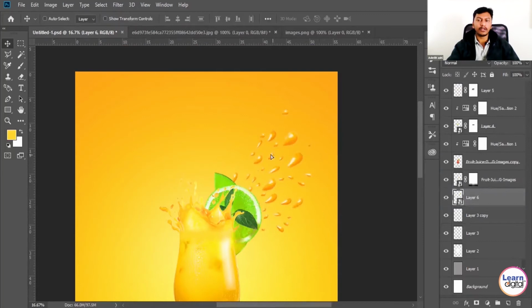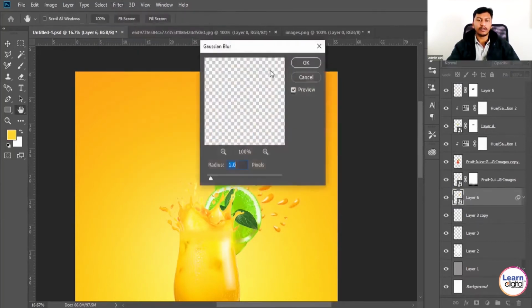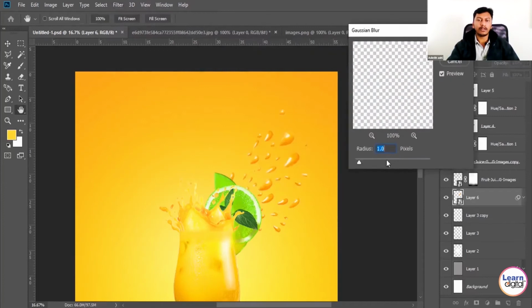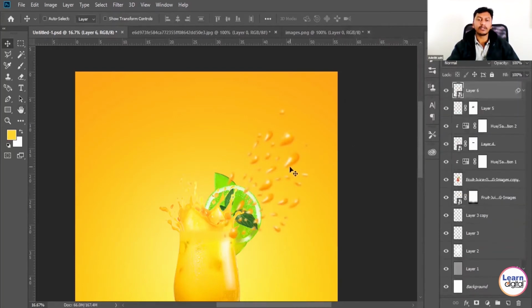In the layer panel, you can see we already have a lot more layers now. I'm applying a little amount of blur, because as it is a splash or a droplet kind of thing, it should be blurred. As it is away from the glass, I'm applying a small amount of blur. Later you can place it wherever you need, and you can also play with the layer opacity.